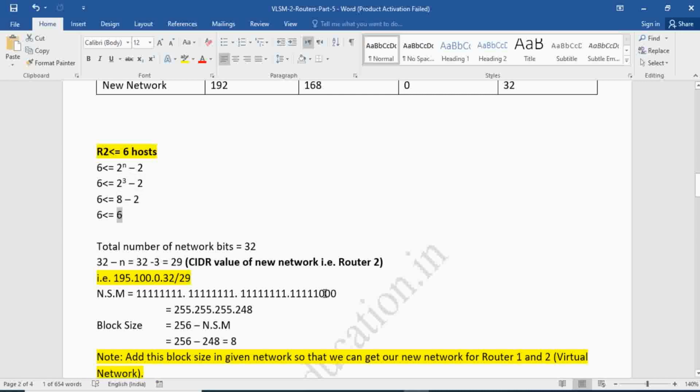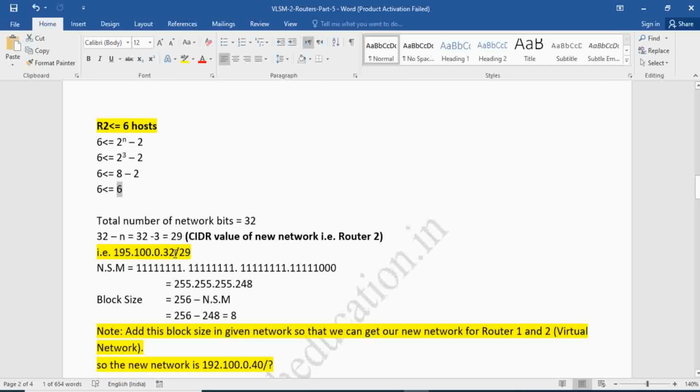Move to the next question, what is the block size? For this, we need to find the subnet mask of /29. So the new subnet mask is